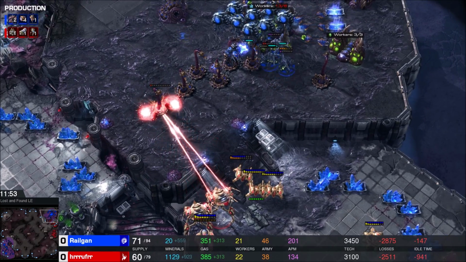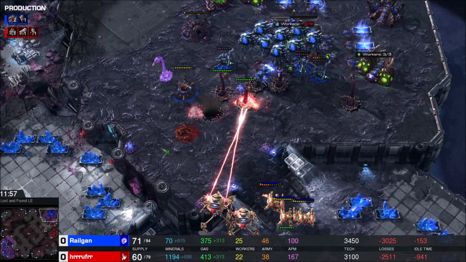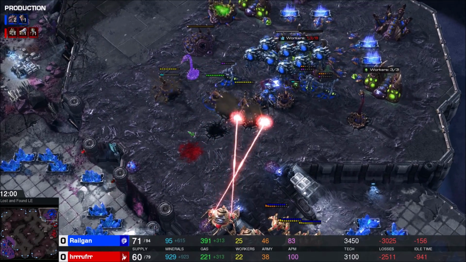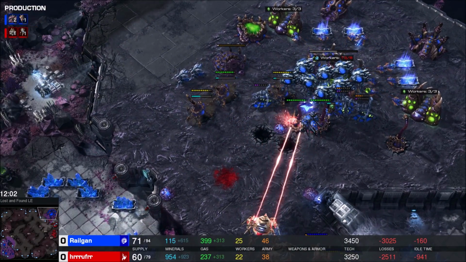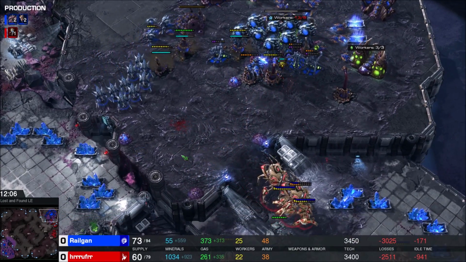And suddenly getting through this wall of spines seems a lot easier than it was a couple of minutes ago here. Everybody evacuating into that Nidus network. Are you just really giving up on this base? He's pulling back. He's trying to make his spine crawlers be spaced out, right? So that they don't take